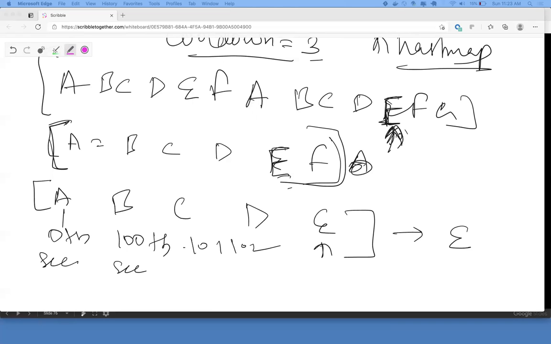We just have to check what was the last task that ran in the last 3 seconds. All we have to check is did E run in the last 3 seconds?